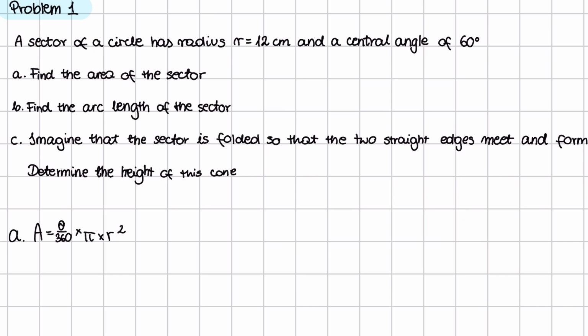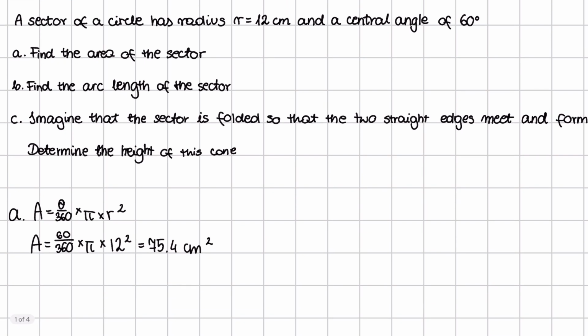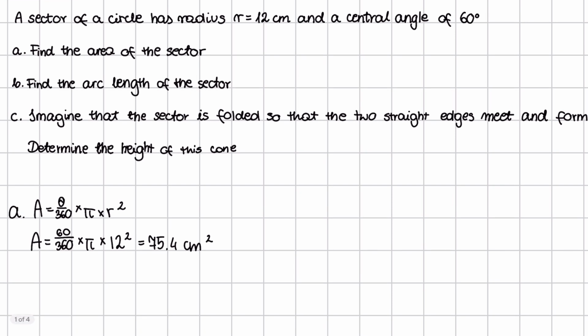And now we have to substitute our values, so 60 over 360 times pi times 12 squared, and we have to calculate it. And the answer is 75.4 centimeters squared, and here we can leave the three significant figures as in your final